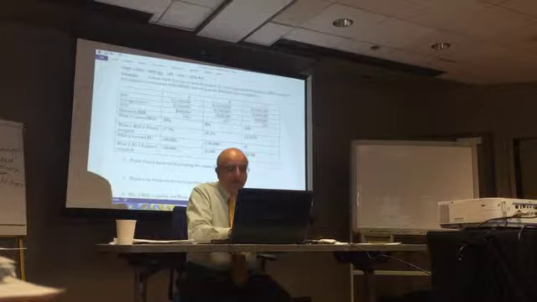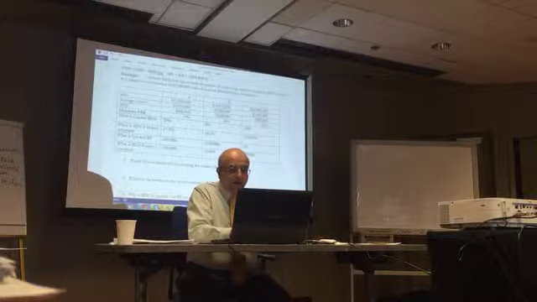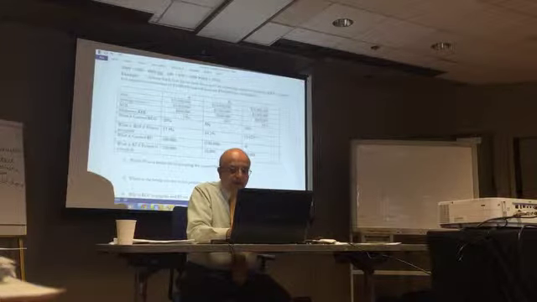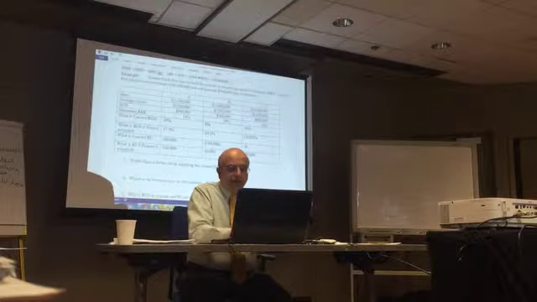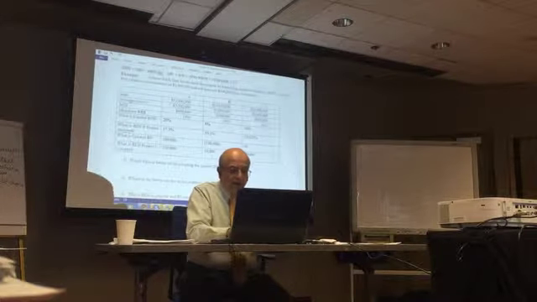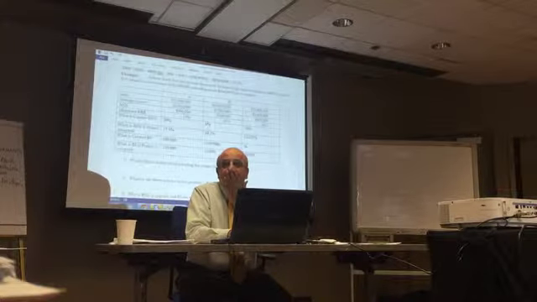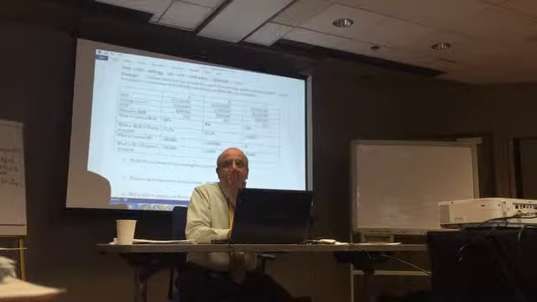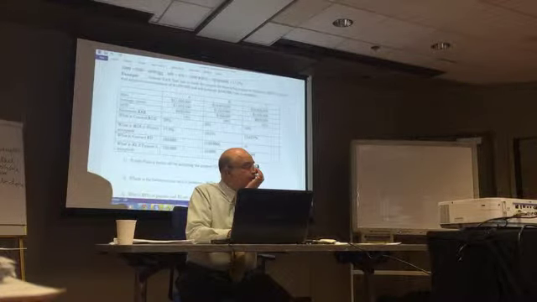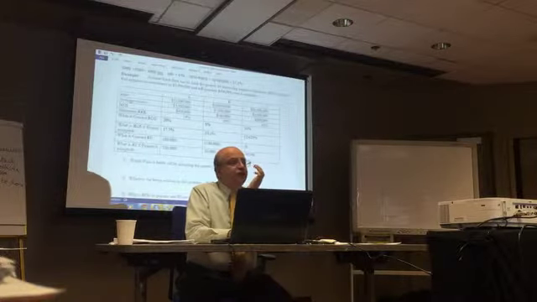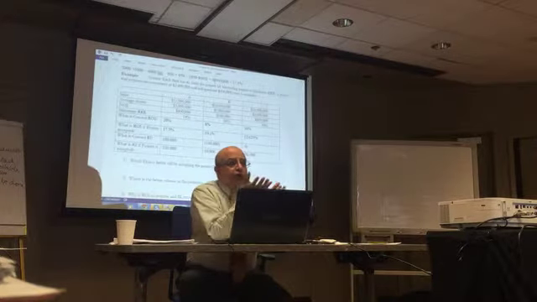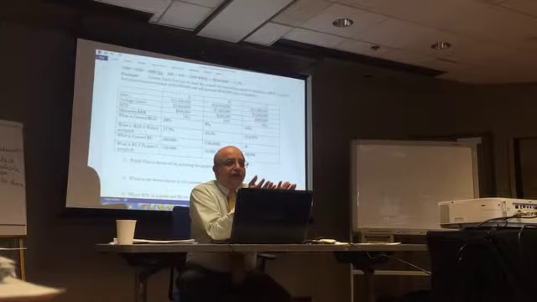Let me just write it. ROI equals 1050 divided by 6 million, which is equal to 17.5%. Any questions on this? We're just putting the two together: you get the two incomes together, you get the two investments together.